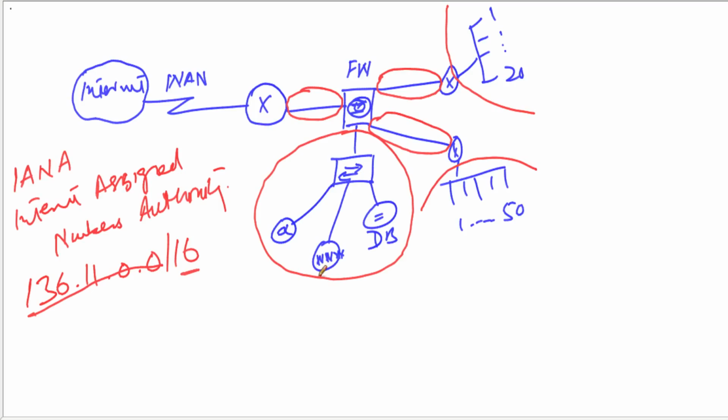But you can divide the network by using the subnetting technique, and you can do that by borrowing some bits from the host portion. So for example, we have this 136.11.0.0/16 network. Now first of all, you need to know how many networks you need. The example that we have seen, we need 6 networks. The next thing you need to know is how many bits will cover